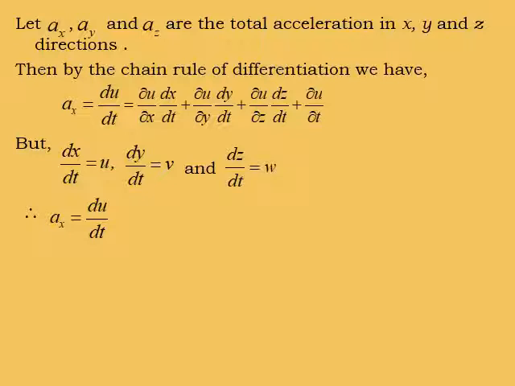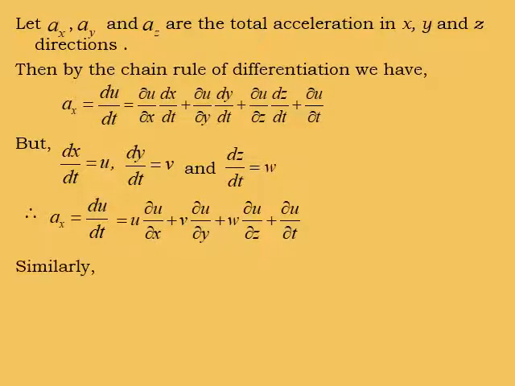Therefore, a x is equal to du by dt, which is equal to u into dou u by dou x plus v dou u by dou y plus w dou u by dou z plus dou u by dou t. Similarly, in y direction,